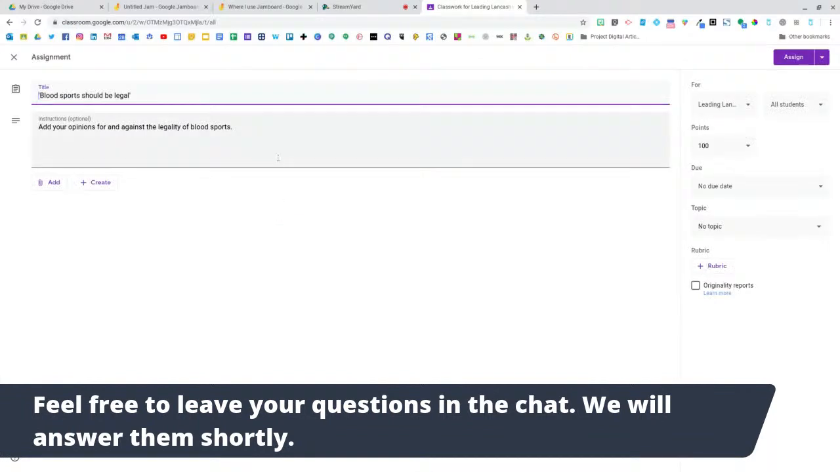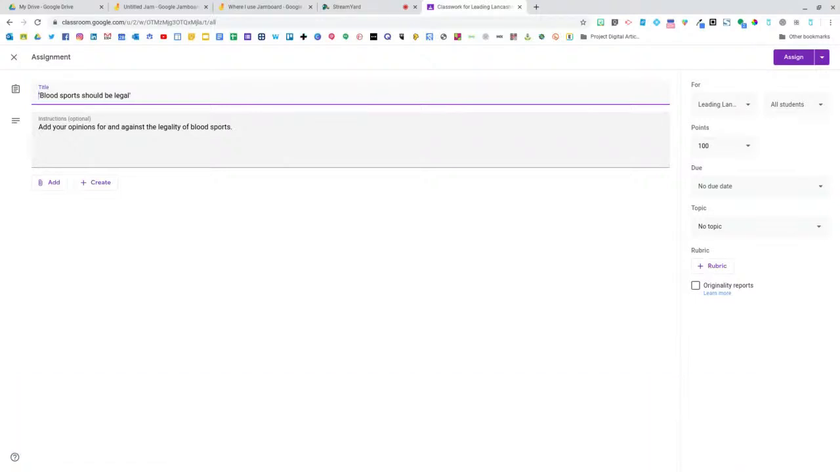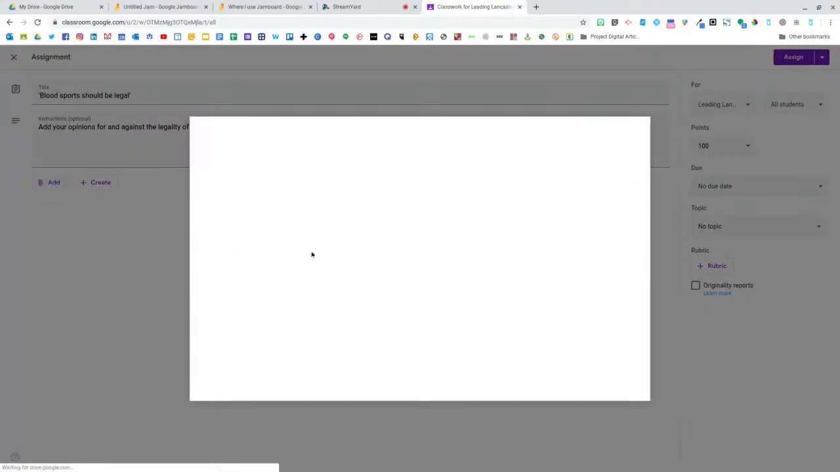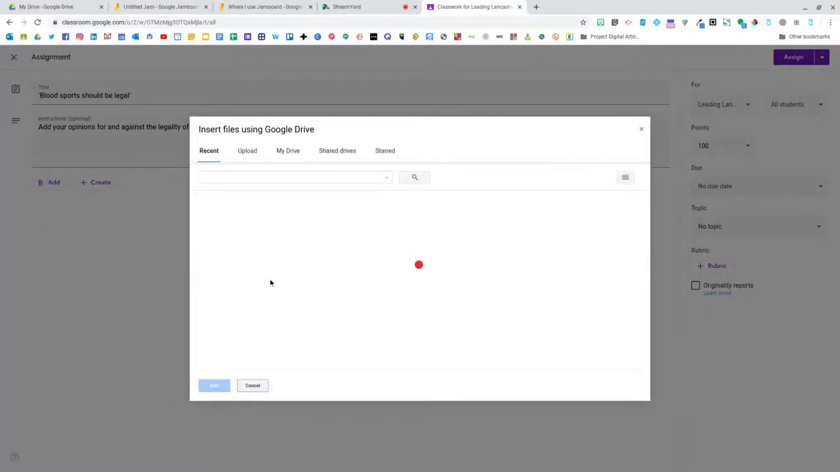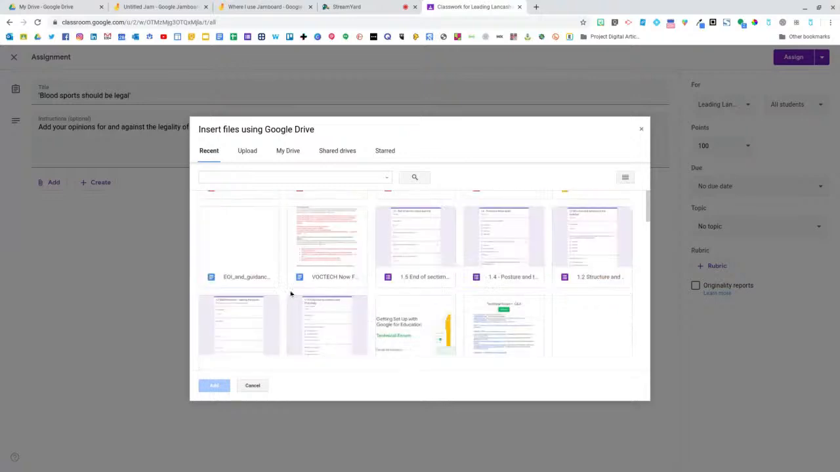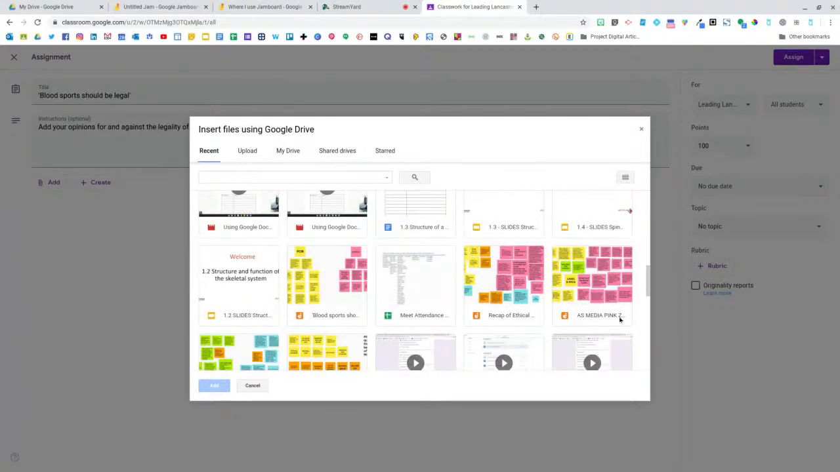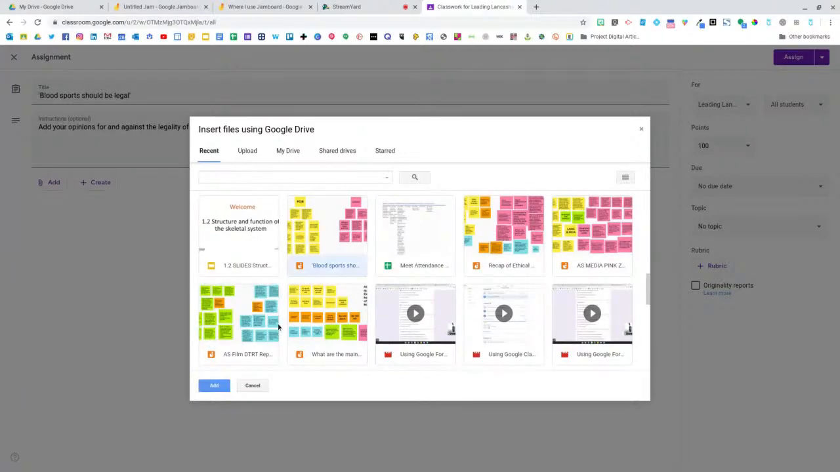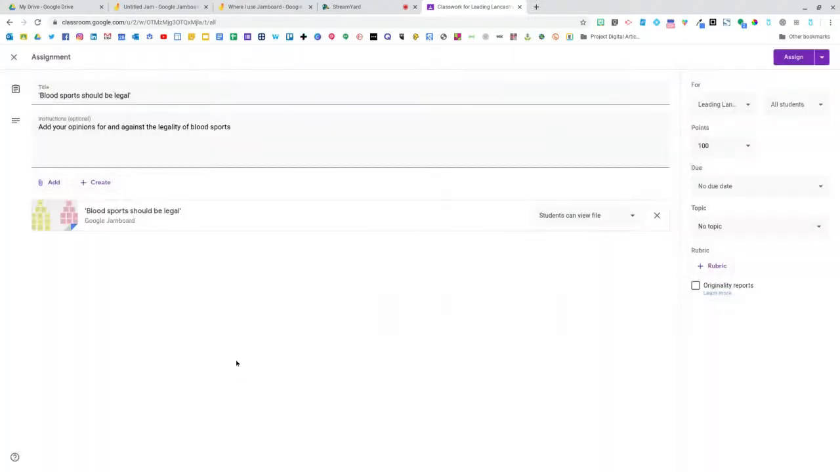So I was an RE teacher for a long time, and although this is quite a crazy ethical idea, we used to talk about blood sports and why that was important and whether that should be legalized or not. It was a common debate that we would have. So I could create a Jam template that I wanted them to do, give them some initial ideas,